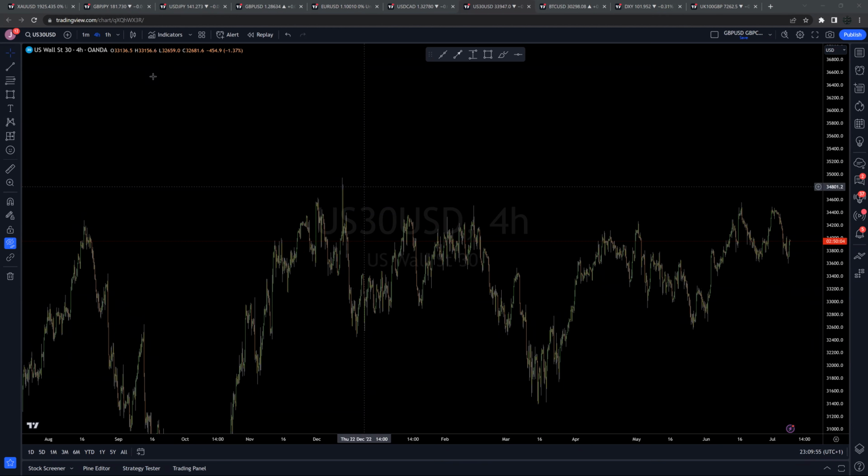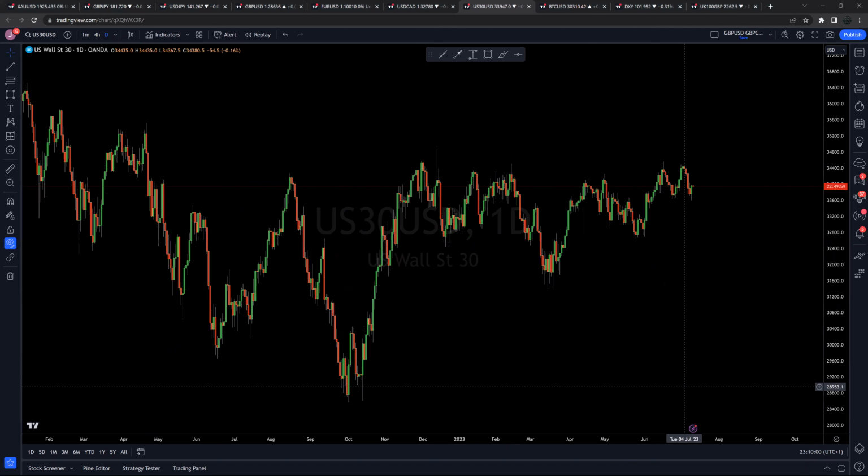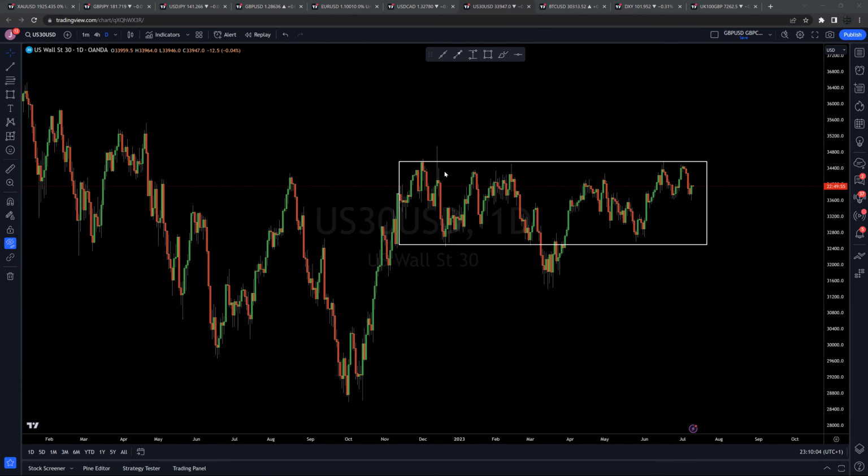But for the entirety of 2023, US 30 has been in this rough higher time frame range, pretty much from those 34,500 highs to 32,500 lows, roughly there. So markets have just been coping, not wanting to price in the rate hikes, not wanting to let go any gains, trying to let as much time go by and hope nothing breaks and Feds start to give signals towards rate cuts so they can continue to rally.